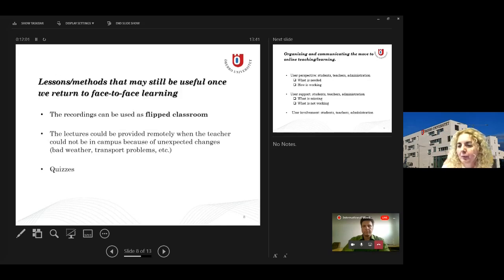Lessons that we learned: when we return to face-to-face learning, it seems that a lot of this material could be used to develop much better courses, for other courses, the flipped classroom, and also the lectures which were provided remotely and recorded might be used in the case that one teacher cannot attend when we move back to campus, because of bad weather, which sometimes we have, transport problems, and so on. And also these quizzes, which we were developing to help students stay with us when we are live. Like now, I will